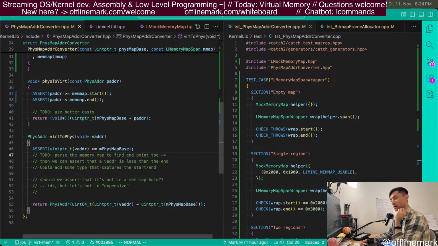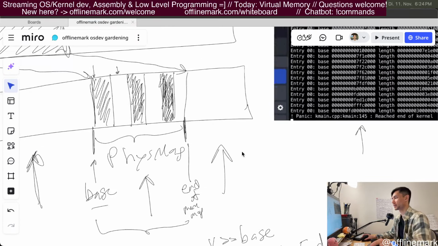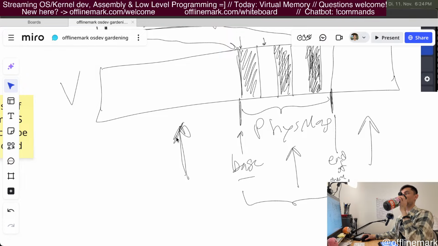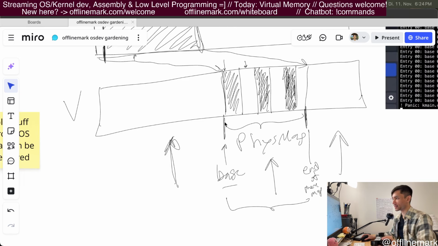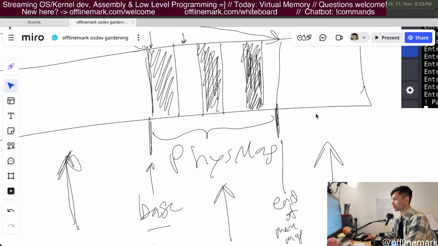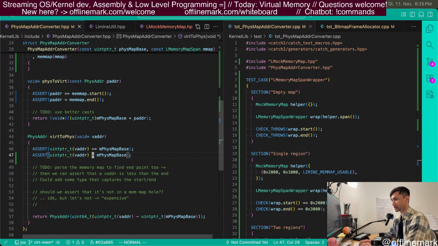And so we want to assert that the given v-adder, coming back over here, we want to assert that the given v-adder, so we're already able to check this thing, assert that it's greater than or equal to the base, right? So this whole region not allowed, but this region, and then now we need this one for over here. So v-adder is less than,